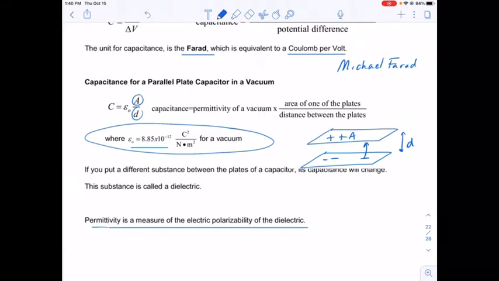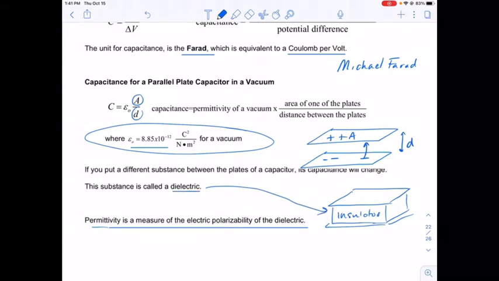With capacitors, we don't necessarily just put air between them. Often we use a substance that is an insulator, because if I put an insulator between the plates of the capacitor, then I can store more charge. The substance that I put between, the insulating substance, is called a dielectric. If you think about that word, dielectric, di-electric, two electric, so we've got those two charges, and we want to maximize how much charge we can put on those two